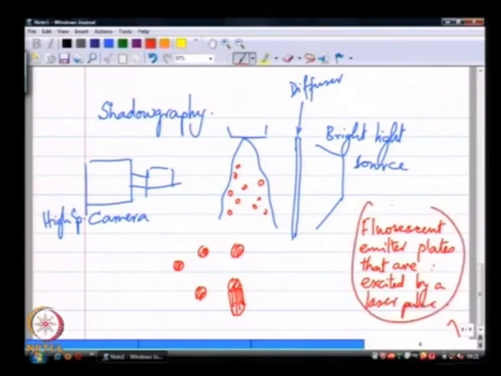So, this would be a substitute to the bright light source. The advantage of this light source is that you have, first of all, a laser light source that is impinging on a fluorescent, an absorbing medium, a medium that absorbs that wavelength and emits a slightly longer wavelength, but the emitted intensity is relatively uniform